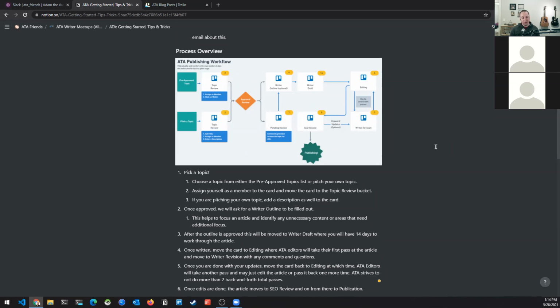The reason for the pre-approved topics is that they're ones that we've already looked at, especially with the SEO side. As much as we would love to pay for every topic under the sun, there are some that do much better than others. One thing to note about the topics, though, is if you really do want to write something,